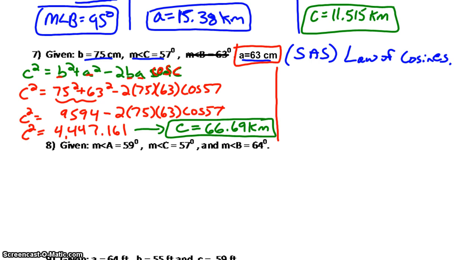obtuse angle. So working this out, I will put my sine A on top over 63 because, again, I like to have my unknown in the numerator. It's not imperative or largely important that you do that. It just works a little nicer in our cross multiplication. So I'm going to set that equal to my sine of 57 degrees over my 66.69 kilometers. And I am ready to cross multiply by 63,